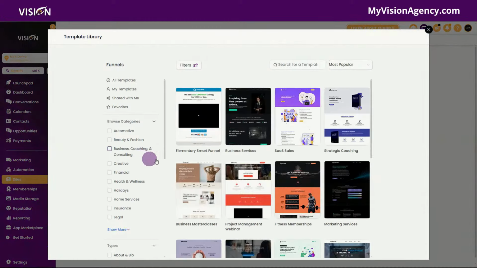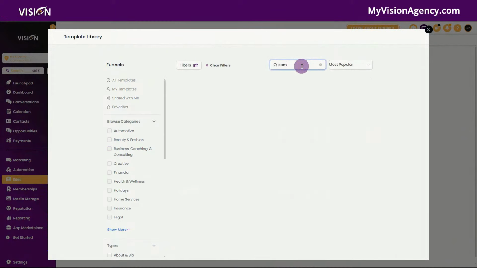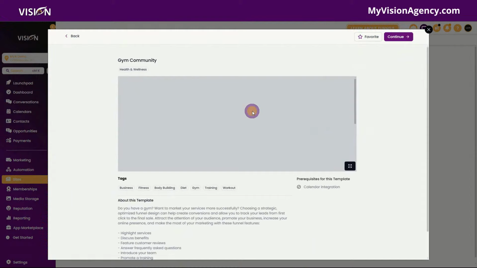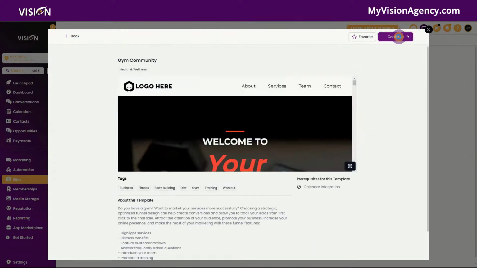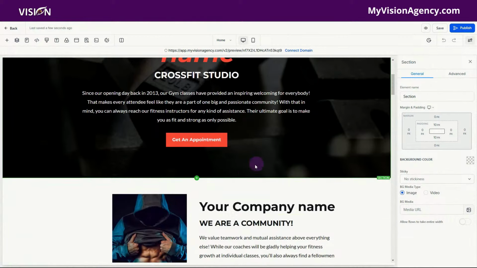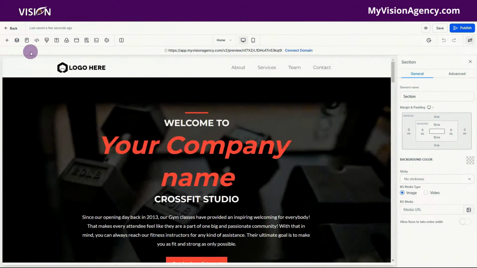And from the templates here, let's see if they have any that are for communities specifically. Just search community. Okay, so we do have a gym community here. Let's just choose that. We'll just choose that for our website and click continue. Okay, and of course we want to customize our website to welcome them to our community, but I'm going to